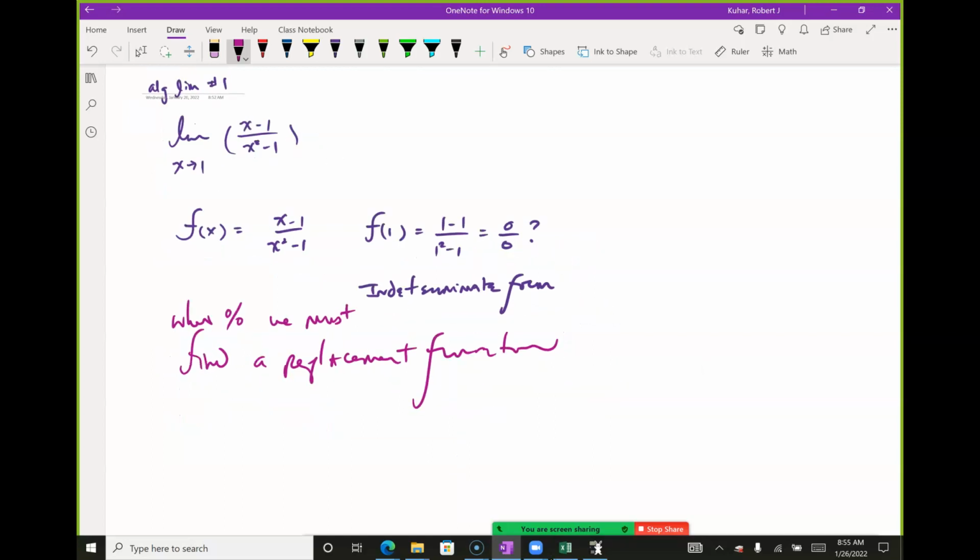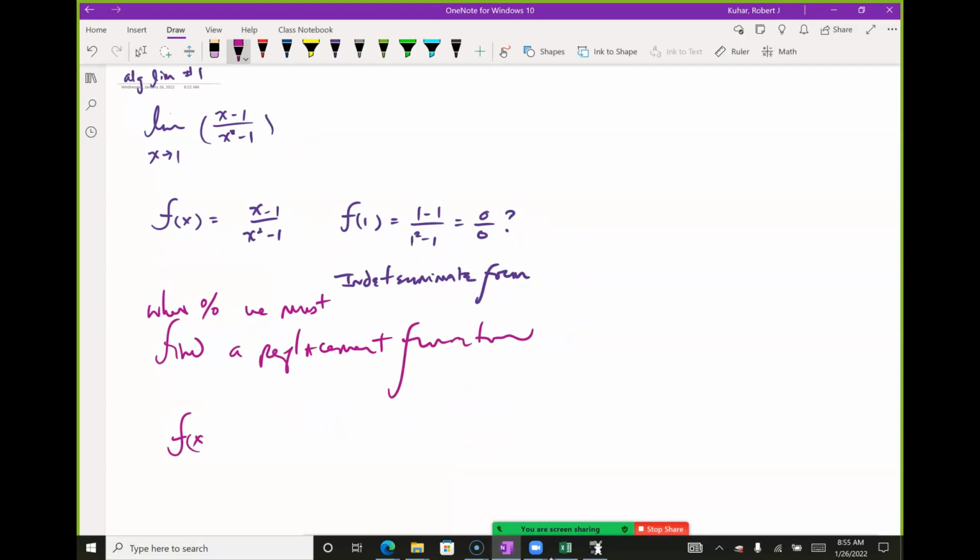Now, if I take this function f of x equals x minus 1 over x squared minus 1, I know that there's a domain: x can't be plus or minus 1, right? Do we agree with that? The domain of f is x cannot equal plus or minus 1, right? That will make my downstairs 0, right? But I can factor this. And when I have polynomial over polynomial, that's my strategy when I'm doing limits. I want to try and factor,